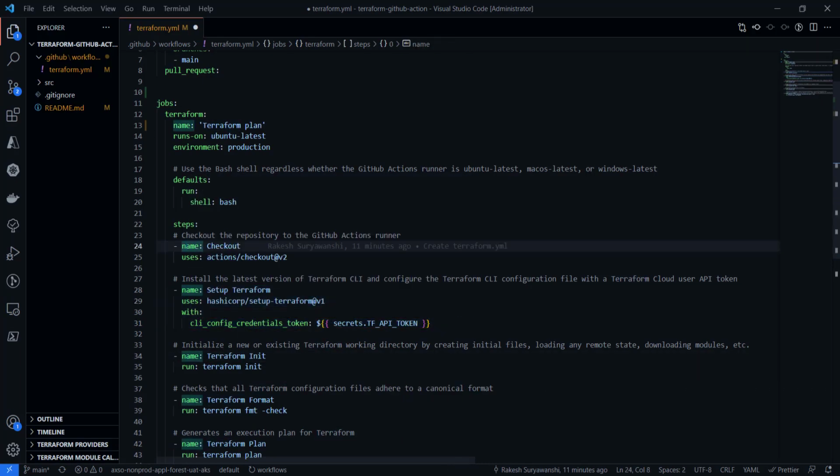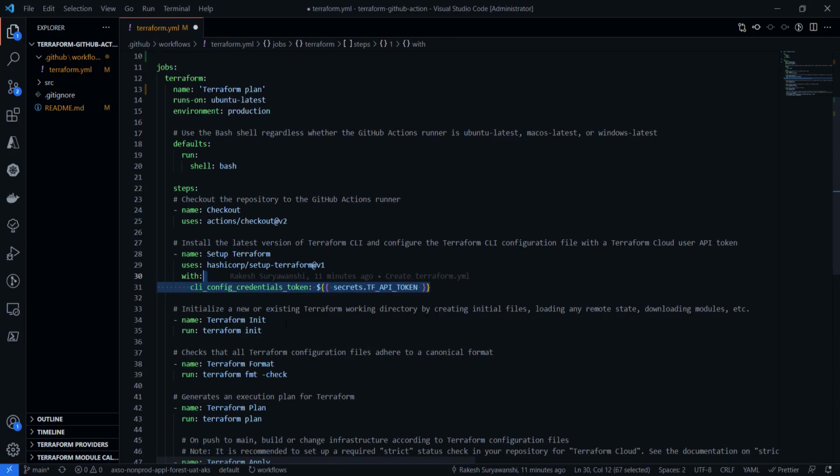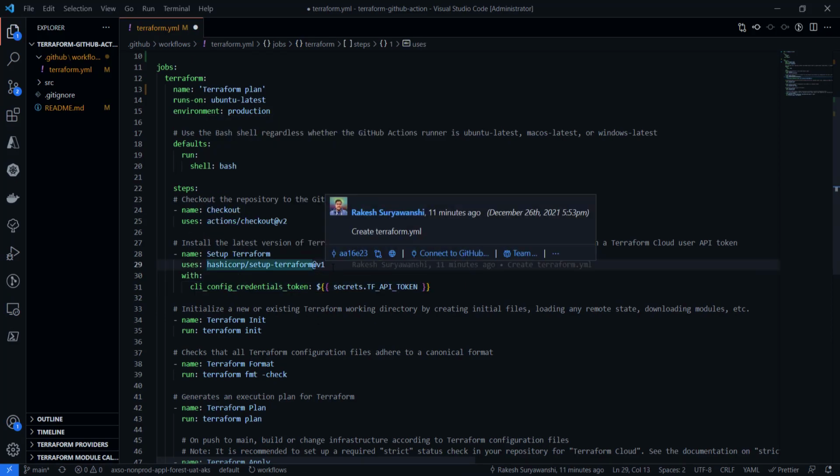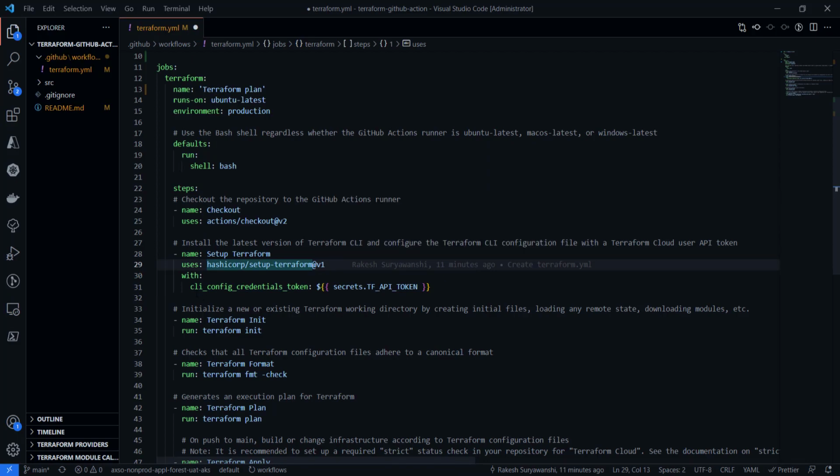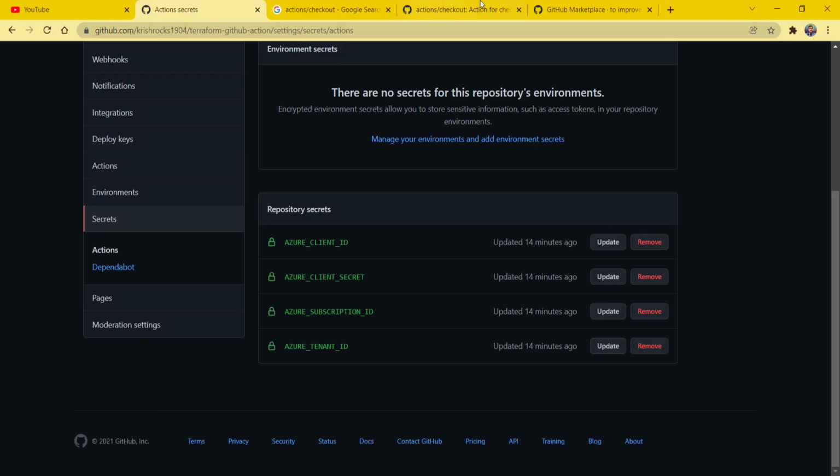So step number 1, check out. Step number 2, basically just do the setup for the Terraform installation. I could specify the Terraform version which I would like to set up for my code, because if you look here, we are not specifying the Terraform version. It means that it will set up Terraform with the latest version, I believe. So let's verify if we have a parameter to override and specify the Terraform version.